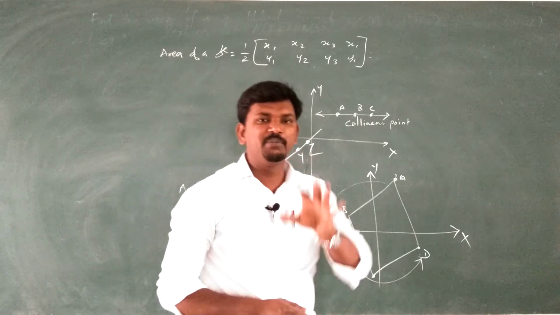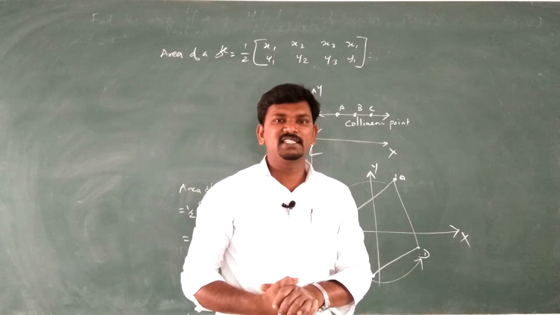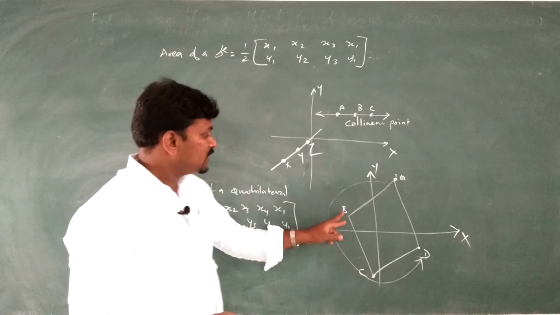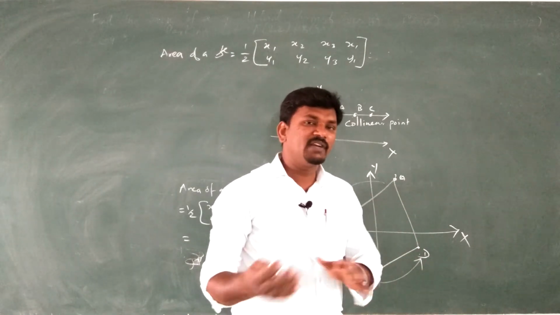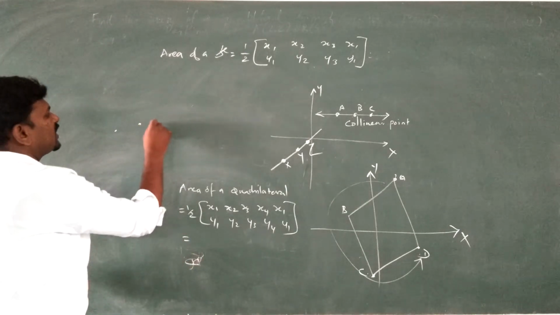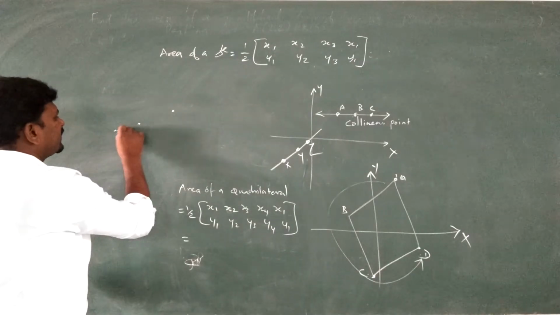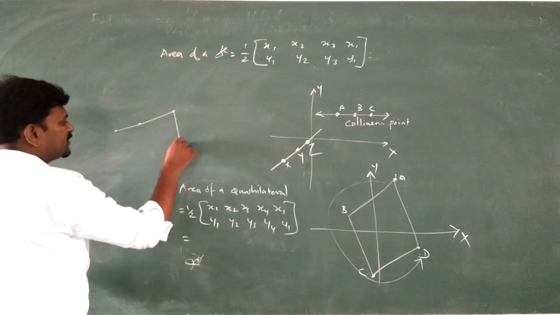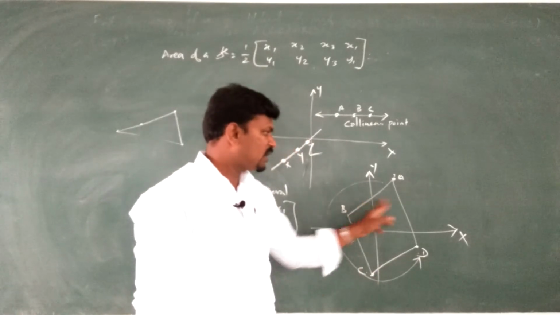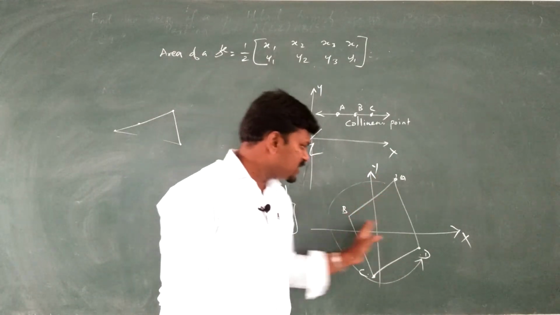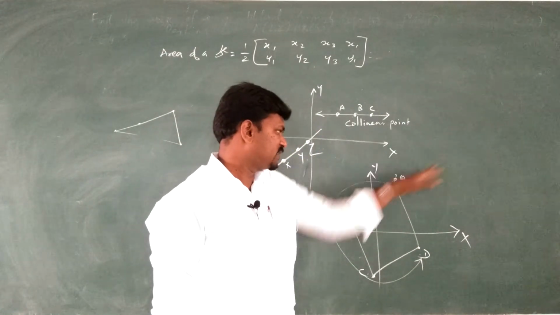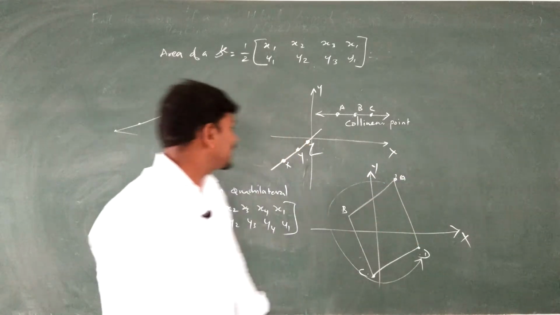So these are the three main concepts that we discussed in the first exercise. Sometimes if you mark any 4 points for a quadrilateral, will it form a triangle? Will it form a quadrilateral? We will check. If 3 points lie on the same straight line, even though we are marking 4 distinct points, if any 3 points are collinear, then the remaining point is somewhere else. If we join those points, we will get a triangle like this.